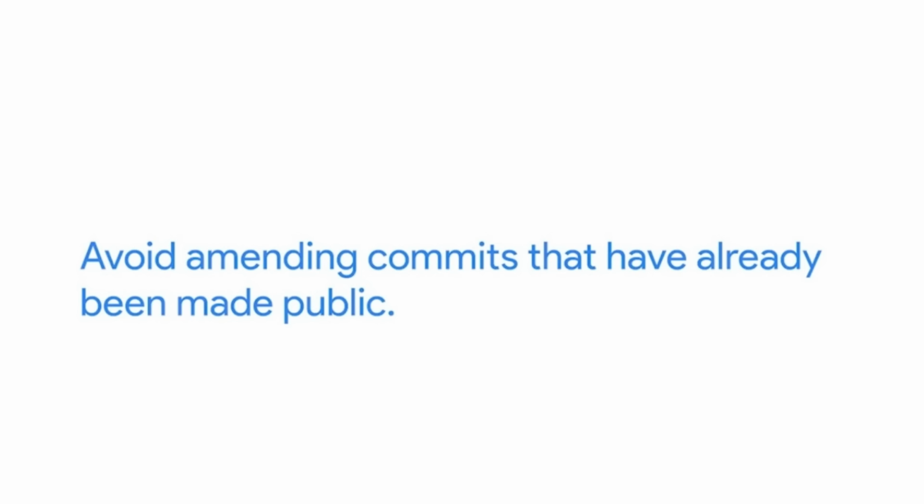This is because using --amend rewrites the Git history, removing the previous commit and replacing it with the amended one. This can lead to some confusing situations when working with other people and should definitely be avoided. So remember, fixing up a local commit with amend is great, and you can push it to a shared repository after you fixed it. But you should avoid amending commits that have already been made public.